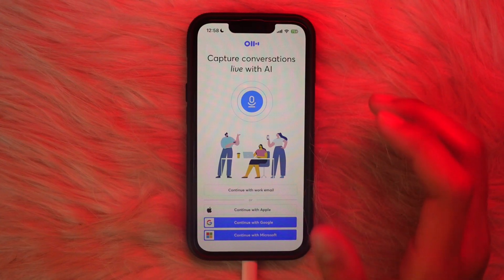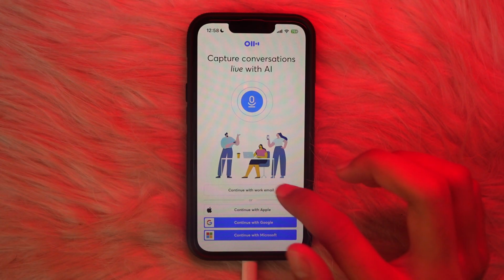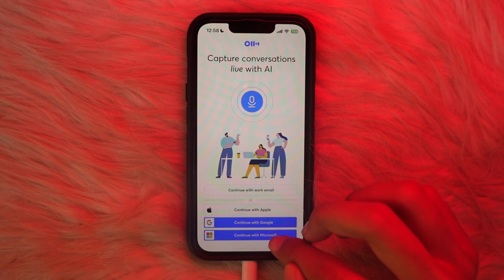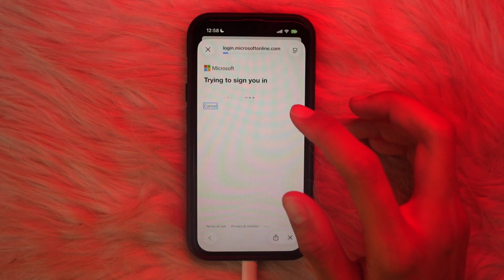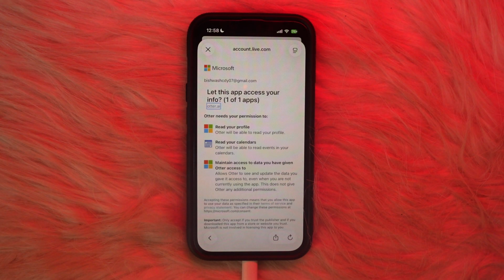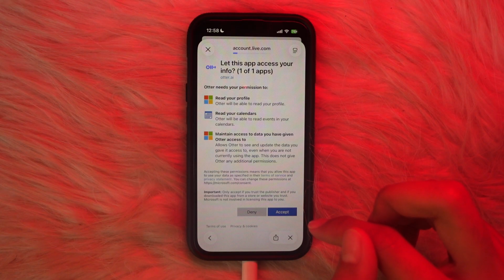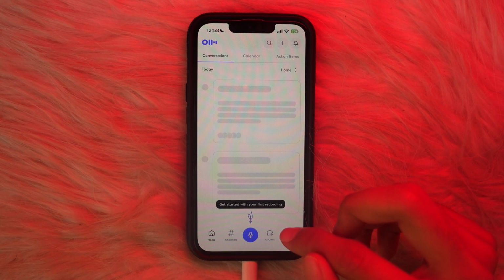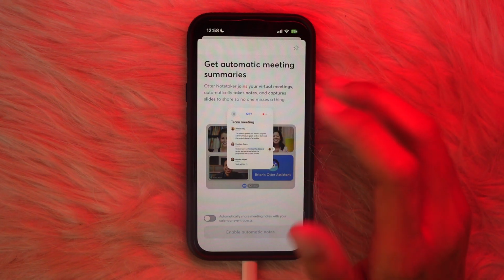And now I'm on my login page. Now what I need to do is tap on any of these, or you can continue with your email, and continuing with your Apple, Google or Microsoft will be a lot easier. So just select one of your platforms, and after that you need to sign in from here, and scroll down, tap on the accept button, and that is how you can log into your